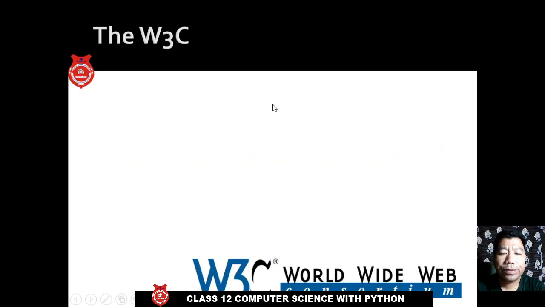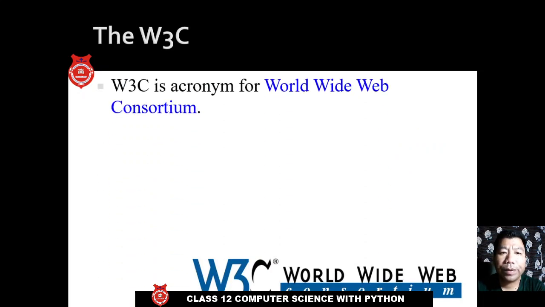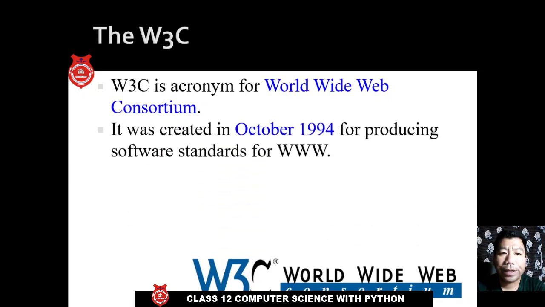Now let's go to W3C. W3C means World Wide Web Consortium. This is also an organization, created in 1994 for producing software standards related to the WWW. When we say WWW, it is related to the internet. The world of the internet as of now is the result of action taken by W3C.